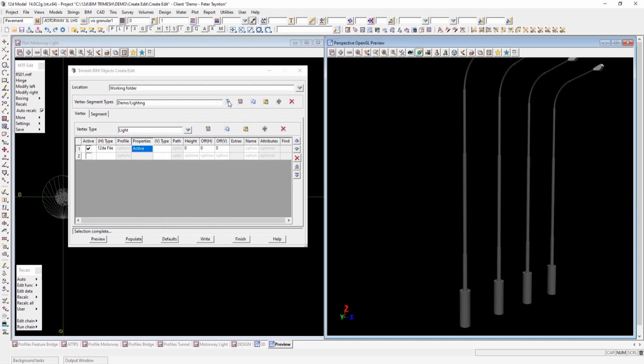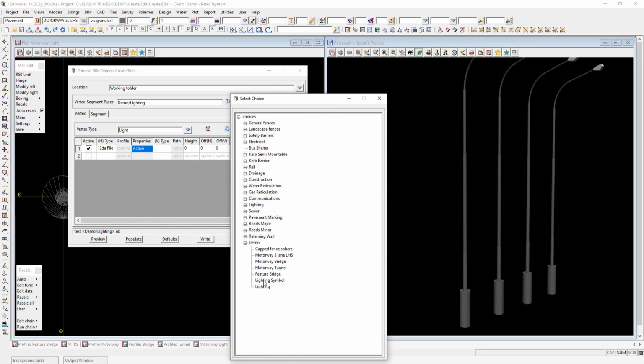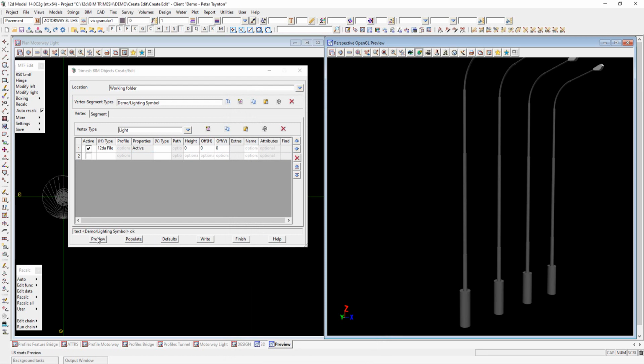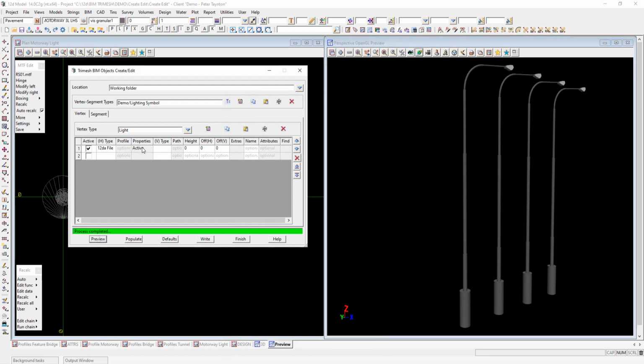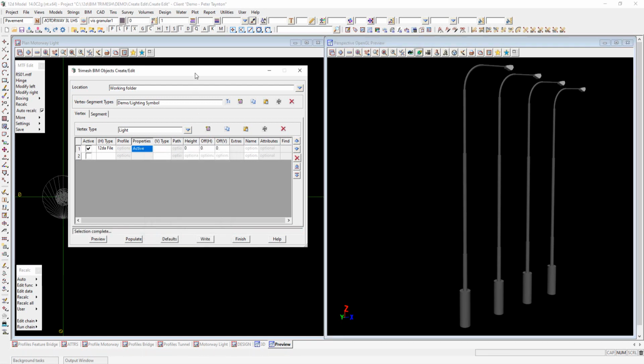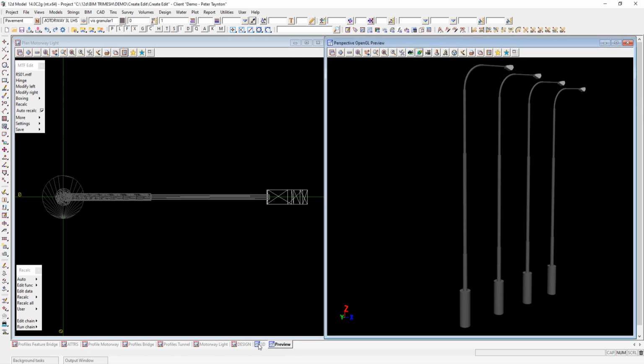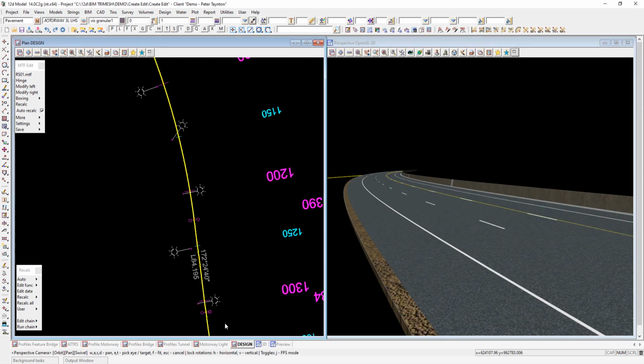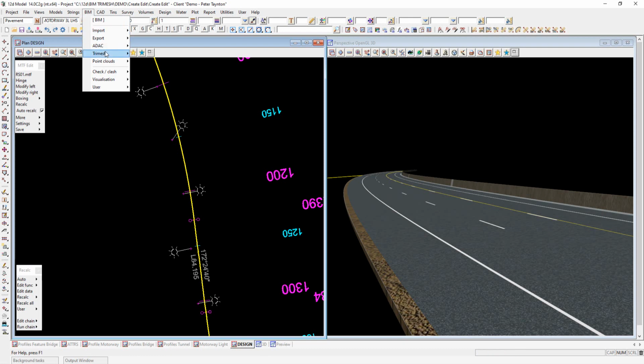I may also want to create another one called lighting symbol. It looks very much the same, but under properties, it's going to rotate to a symbol rather than perpendicular to the string. So when I look at my row design and my design here, I've drawn a string that represents a point string that represents the position of my lights, and I've also placed symbols on them at odd rotations. So if I go under BIM Trimesh,